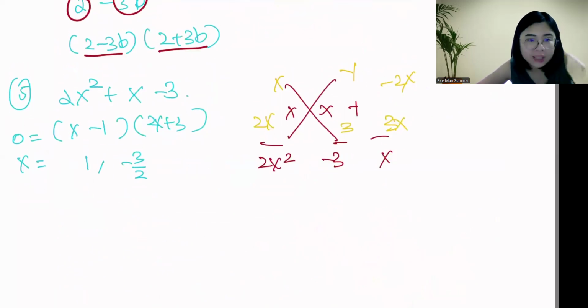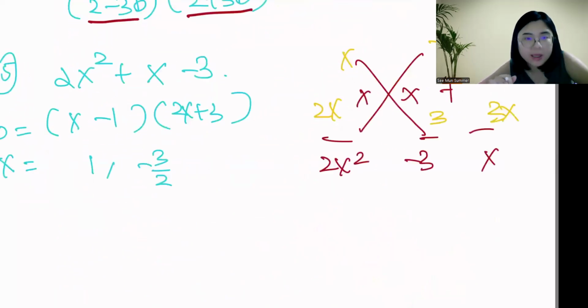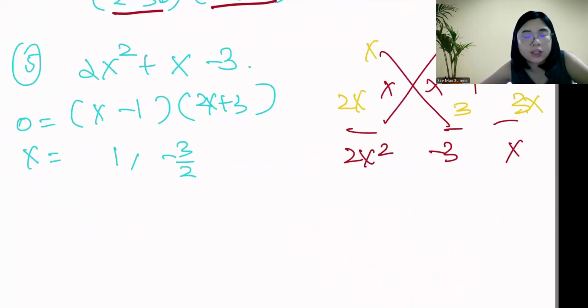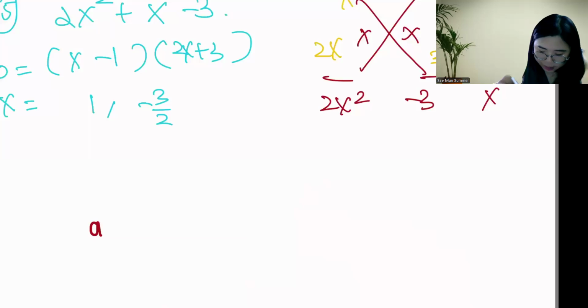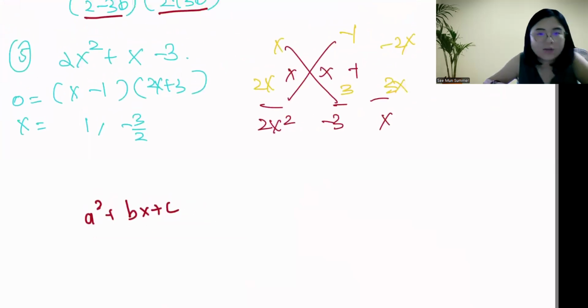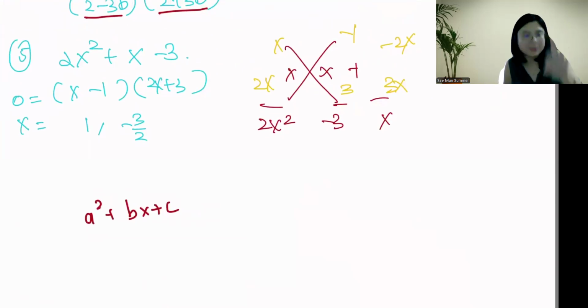The third factorization we need to always remember is used when we're doing quadratic factorization. What do you mean by quadratic factorization? When the unknown is squared, and the format will always be ax squared plus bx plus c. Always like this form, and they are in 3 terms. So whenever you see these terms, okay,